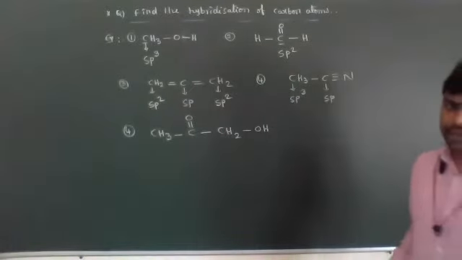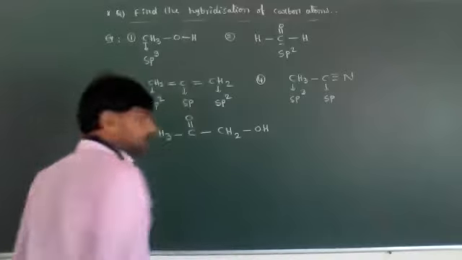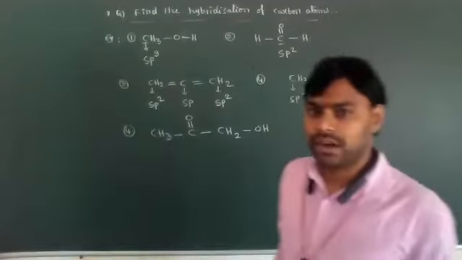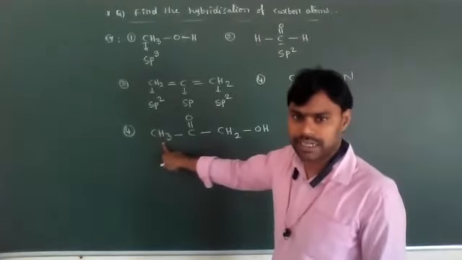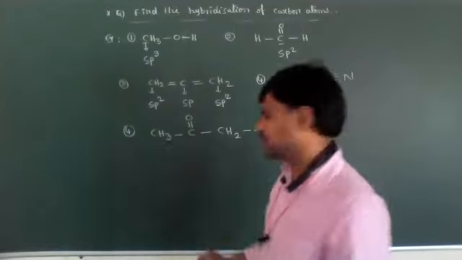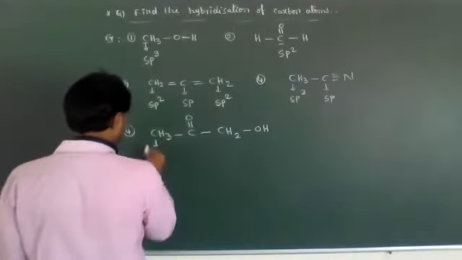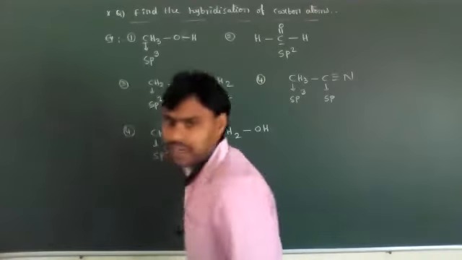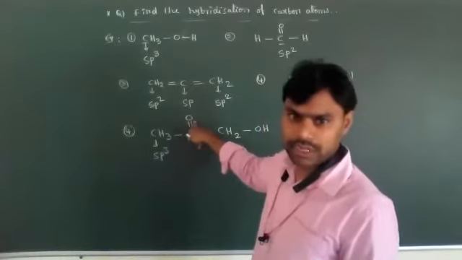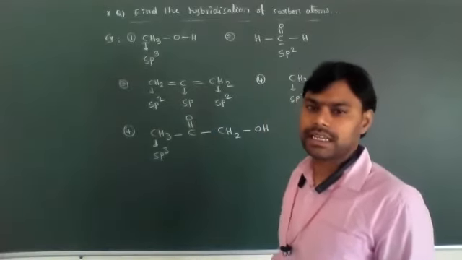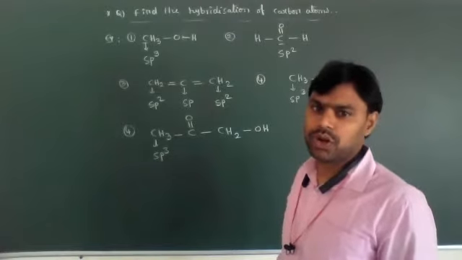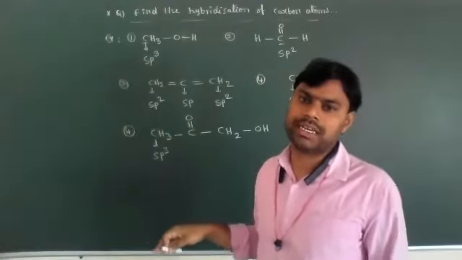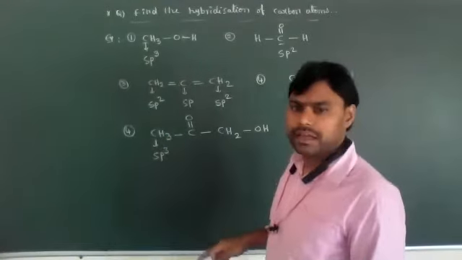like one organic compound is present, so it contains 3 carbon atoms. The hybridization of each carbon atom we need to identify. Okay, what is the hybridization of this CH3 carbon, dear students? These are all single bonds only. That's why its hybridization is sp3. And this carbon has 2 single bonds and 1 double bond present. At least 1 double bond is present, then its hybridization is sp2. 1 double bond only, sp2. Okay, 2 double bonds or 1 triple bond, its hybridization is sp.